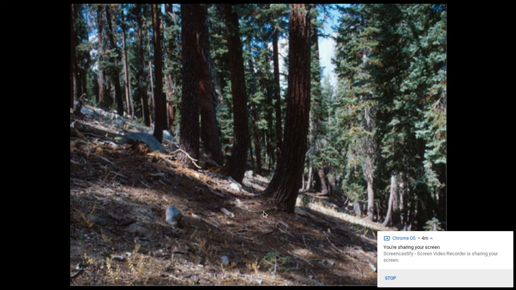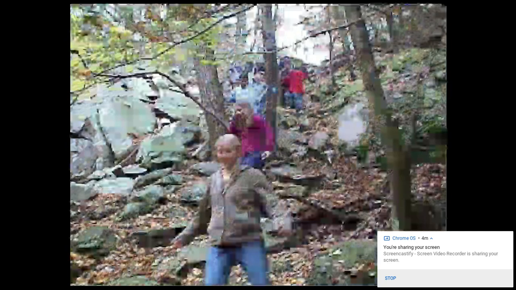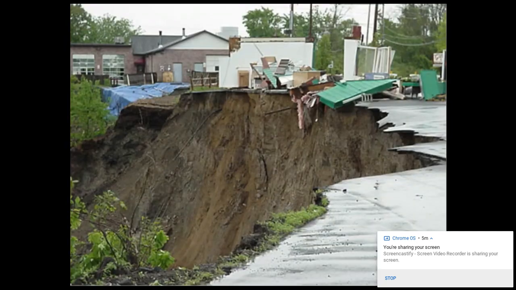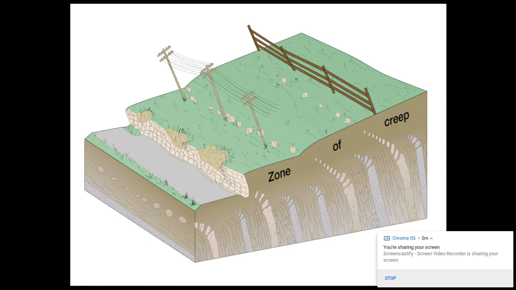Check it out. So what actually happens is the trees are able to grow with it and then lean back up again. So it's right here. The land is shifted down, but the trees are able to grow and go back up. So now I can go back and show you some of the cool pictures. All right. So again, creep